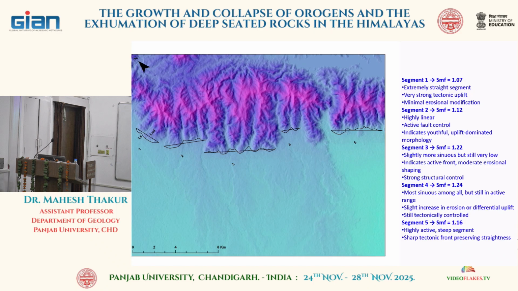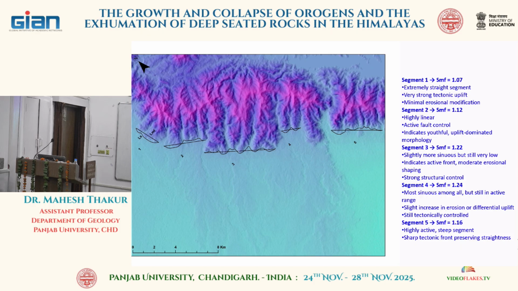If there is a fault which displaces this boundary like this, this front will look very straight. If the mountain front is looking very straight, that means it has just gone up. But if this tectonic activity is very old, then what will happen? A lot of sediments will come and cover the mountain front, and it will have more of a zigzag